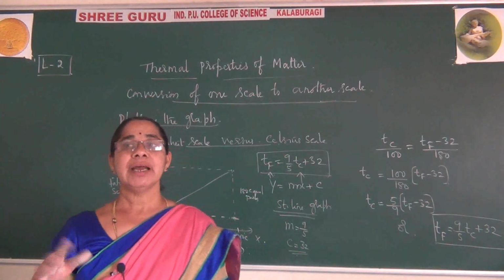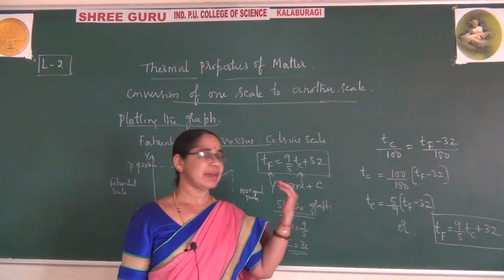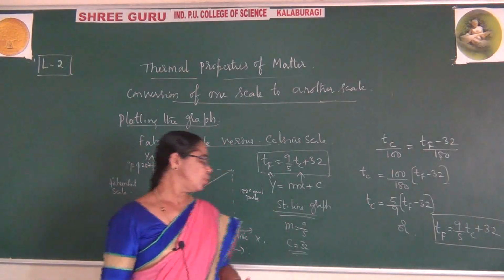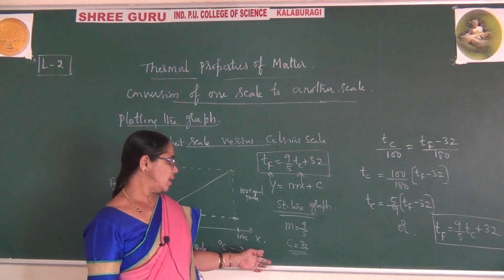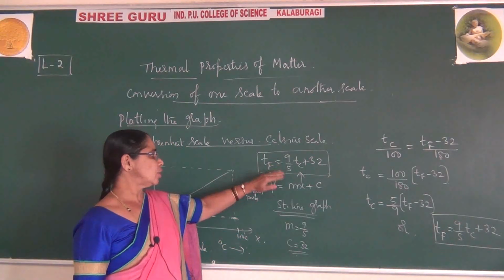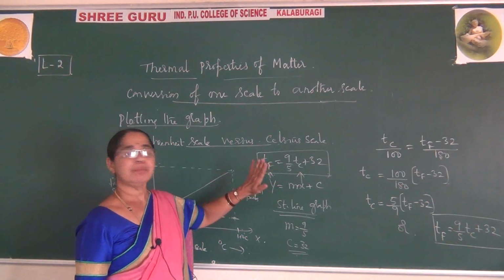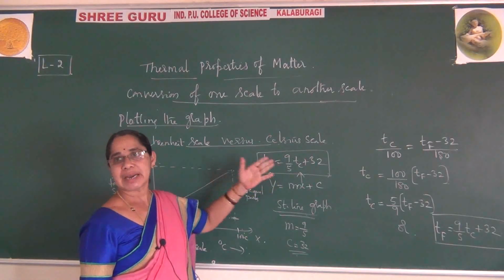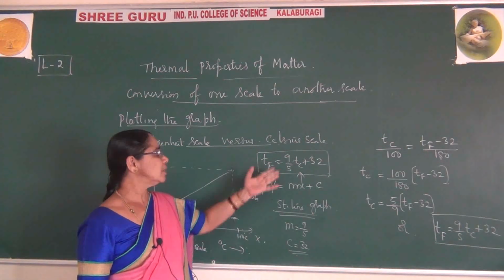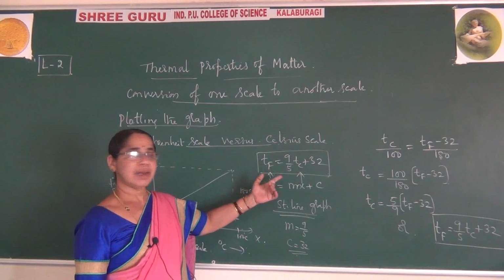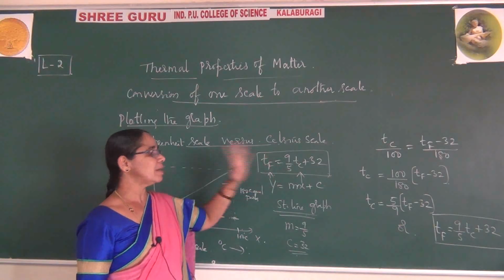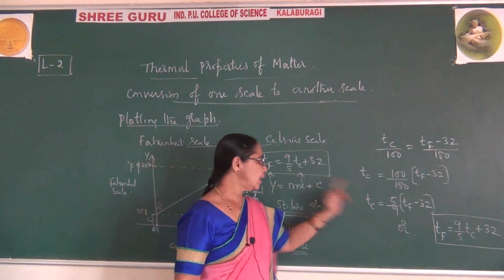One more scale is there. After explaining the absolute scale, I will explain the Kelvin scale. So I hope you understood what I have explained today. Just remember, based on this you can expect a problem, maybe in Karnataka CET, maybe anywhere. In theory also, for 1 mark questions, you can expect a problem based on any of these two formulas.